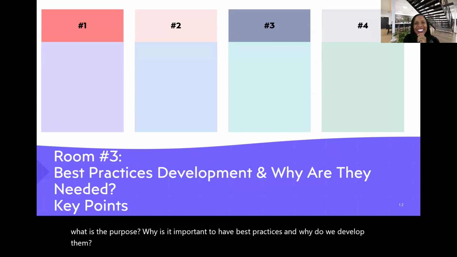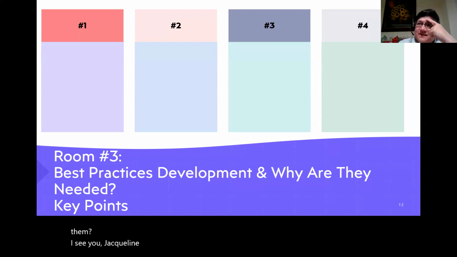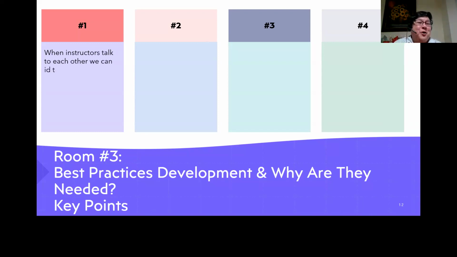I see this is Jacqueline. Yes, this is Jackie. I was reading recently about the myth of the solitary teacher. It's the myth that educators, because we teach isolated from each other, don't communicate with each other, right? And it creates the myth that that's effective. But when we talk with each other, we can first identify what is a best practice based on the outcomes, right? Because if all of us are doing something and the outcome is positive for all of us, then we know that it's the best practice, and we need to have that conversation.